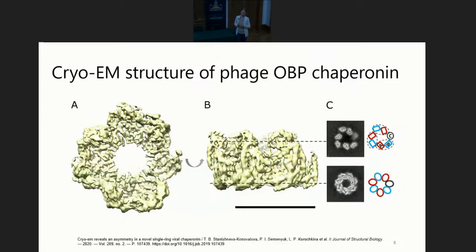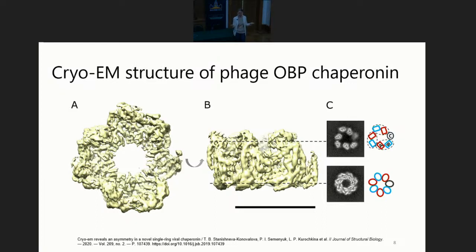From preliminary experiments, including negatively stained microscopy and biochemical experiments, we already knew that this won't be a tetradecamer, so it's not like GROEL, it is a single ring. And from all of the experiments, it was a single ring composed of 7 subunits. They were all the same subunits from the sequence. But unexpectedly, when we tried to make the reconstruction using C7 symmetry, the results didn't make sense.